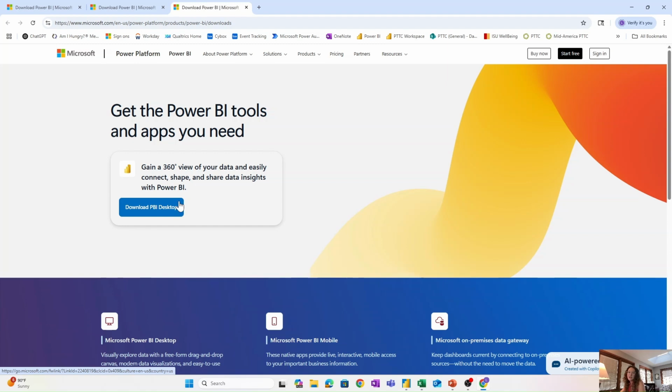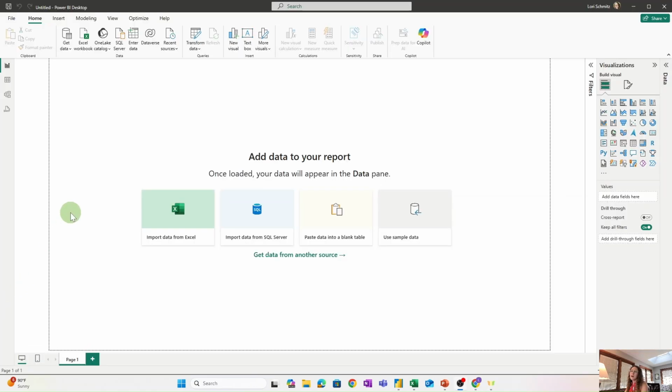So this takes us to the Microsoft website. Simply click Download Power BI Desktop, PBI Desktop for short, and go through the usual process of downloading software to your computer. Okay, so once you have Power BI downloaded and opened on your computer,